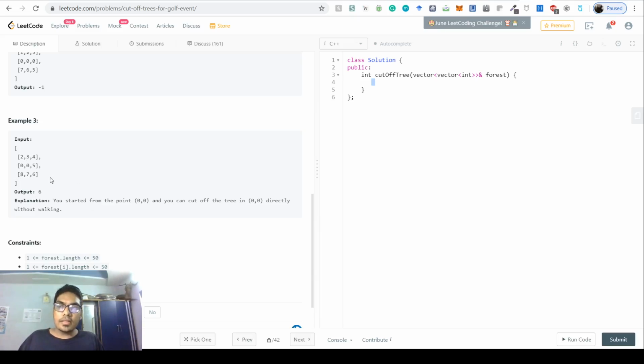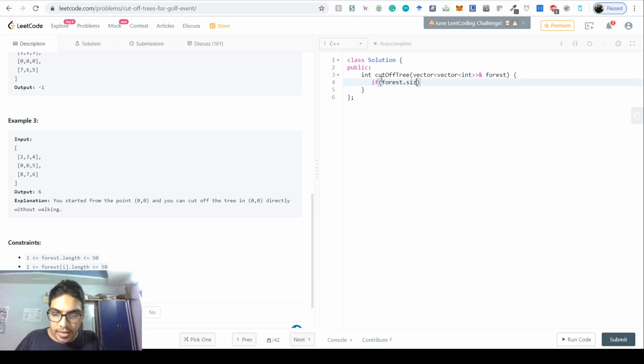So if you are given any matrix, it doesn't have to be that there are n numbers. Whatever numbers there are, positive numbers greater than 0 here, we just need to find out the order in which we cut the trees, right? So as always, what we do is we just put the boundary conditions.